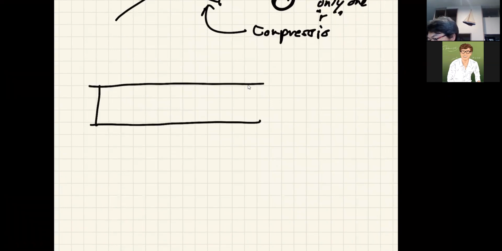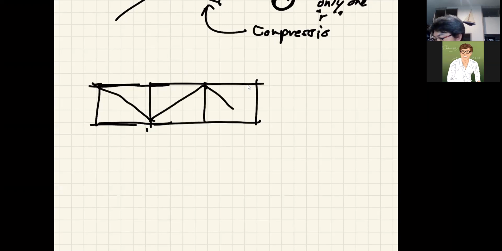Say 3 panels. It's kind of the odd one. Oops, not like that. Right? Doesn't look tidy enough. So let's say whatever that is. Let's say this becomes a zero force member. Now, if I remove